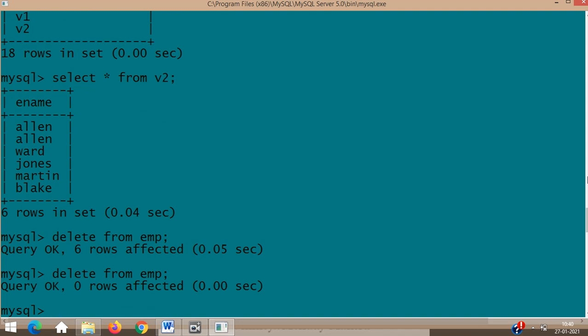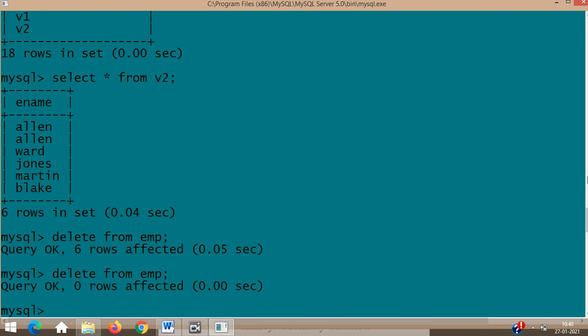So delete from EMP, all gone. Now this is one thing to be kept in mind in MySQL. It is by default automatically done, that is, by default saved. So I can't do anything about this mistake which I have done now. Even though the records were important for me, I have to reinsert them. That's all. Understood? That means it is my duty to make sure that I insert it once again.